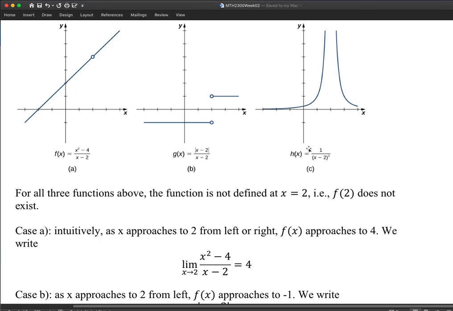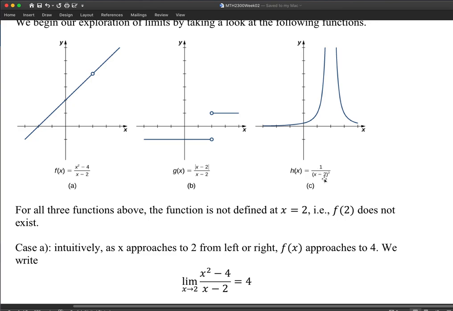How about we move to the third graph? Actually, we are still trying to focus on the situation when x is really close to 2. And this is the function 1 over (x minus 2) squared. And this time, if you track closely, I hope it will make sense. As x moves from left to right, approaching this number 2,